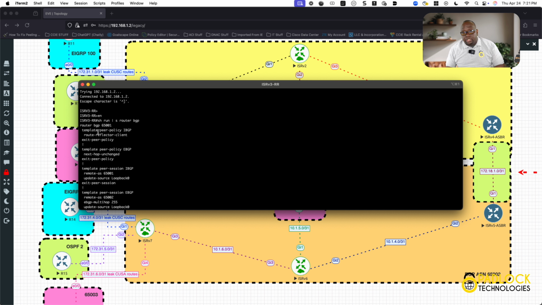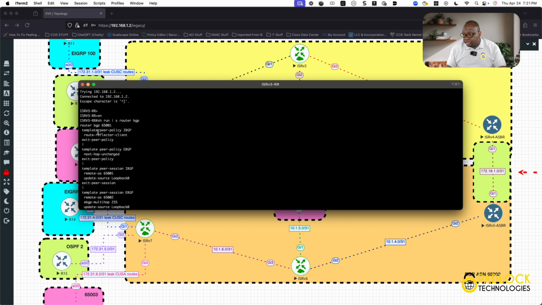Some people like confederation because you can still do your BGP best path selection stuff. And then some people like route reflection, but you also know that route reflection will introduce suboptimal routing because the best path is from the viewpoint of the route reflector, unless you're doing optimal route reflection. I have a video on that as well. If you're doing optimal route reflection, then you're going to do it from the PE's point of view. But if you have a route reflector, the best path is going to be selected based on how the route